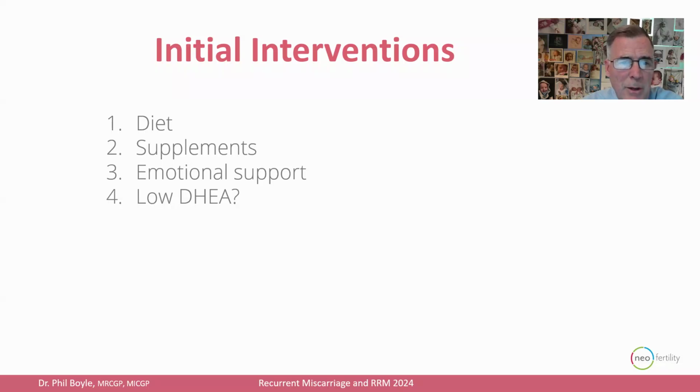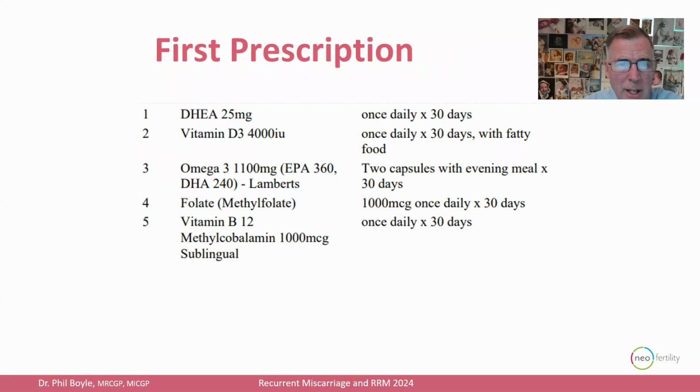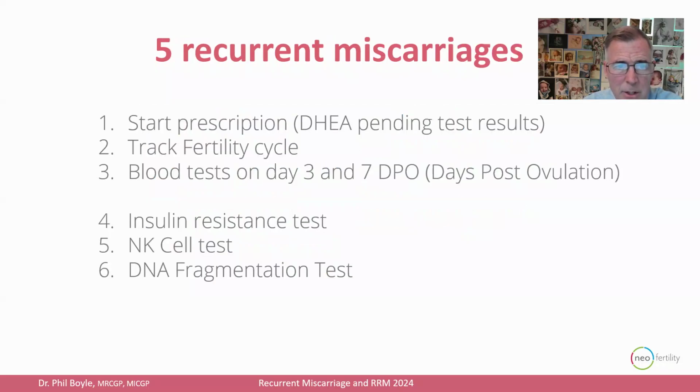So I was also wondering about low DHEA, but clinically she's not strictly endorphin deficient. So we did her diet, got rid of her supplements, provided the emotional support, and I was concerned she might have low DHEA levels as well. Normally, I have that in the background and say, don't take the DHEA until I get your blood results back. And I'm currently saying the same with your vitamin D and your B12. So let's see what your levels are like before we give these interventions. So there I was saying, well, we'll start your DHEA if we get your results back and they prove it.